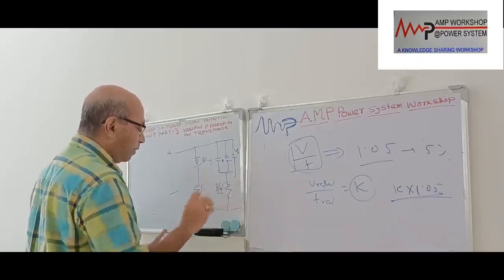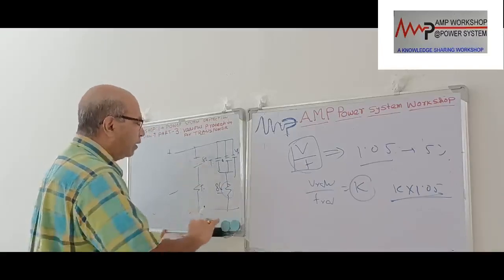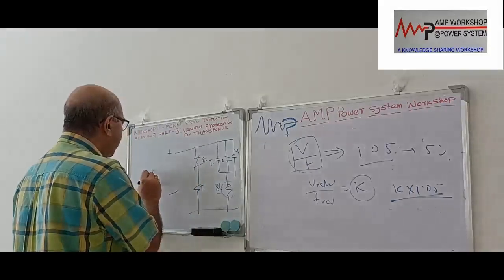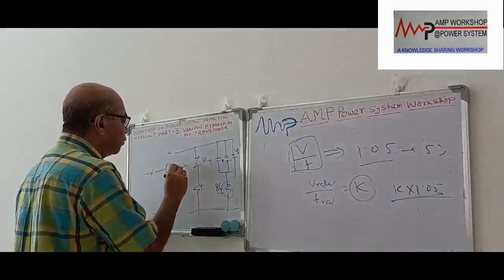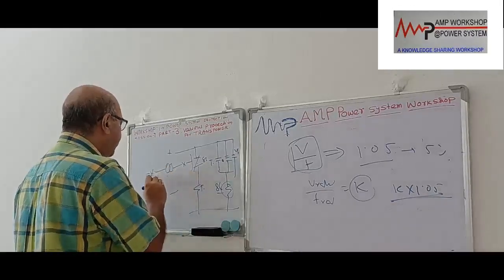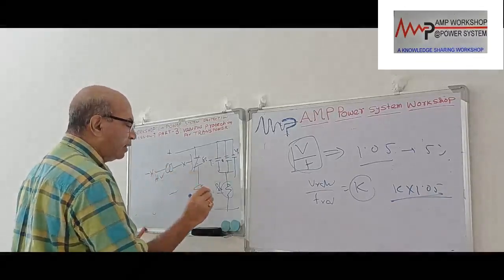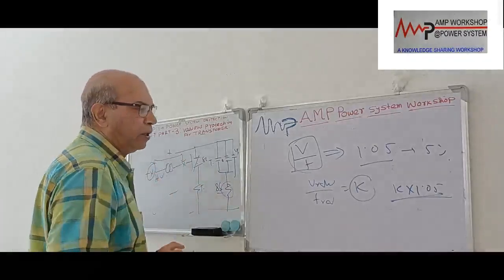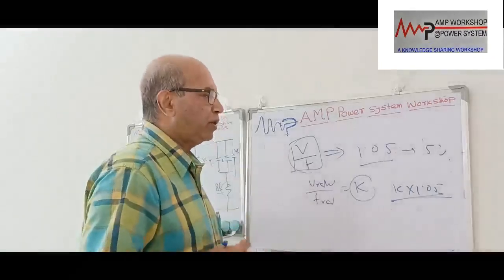So this 86 operates immediately, this contact will get closed and the relay will operate, and this breaker will trip. Suppose this is an HV side breaker, this is the transformer, it is going to the LV side, this is HV. So immediately this 86 lockout relay will trip this breaker, and there is an interlock between these two, both will trip. So this is an over voltage protection for the transformer.